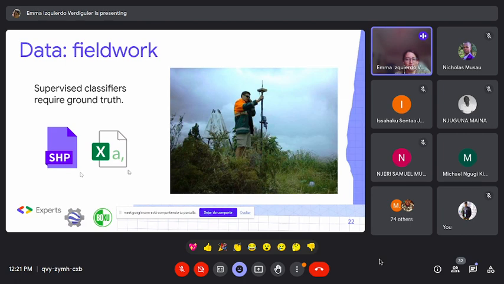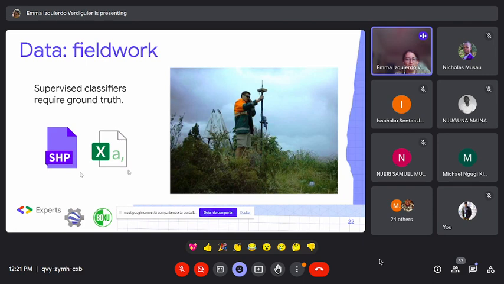For instance, this is a print screen of a CSV file that I had before, and I uploaded in Google Earth Engine. You click in the assets, new, you click in the CSV, and then this menu appears. You only need to select the files from your computer, and then once you select it and click OK, the file should appear in this area of the menu. Once you have it there, you only need to add an asset name, and that's all. You click in upload, and then the file starts to